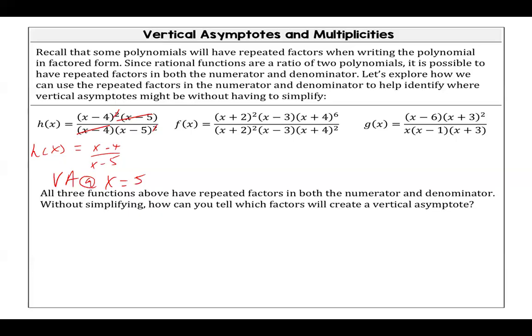So let's do another one. When we look at f of x, what happens to the (x plus 2) squareds? They both go away, right? Because their degree is the same. X minus 3, what happens? They both go away. Now, what happens to (x plus 4) to the 6 and (x plus 4) squared? The denominator cancels completely, and the numerator becomes a power of 4. I'm still going to have (x plus 4) to the 4th in the numerator. Okay. So what this means is that